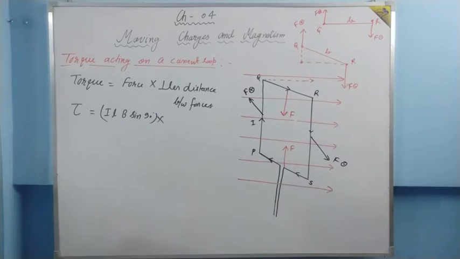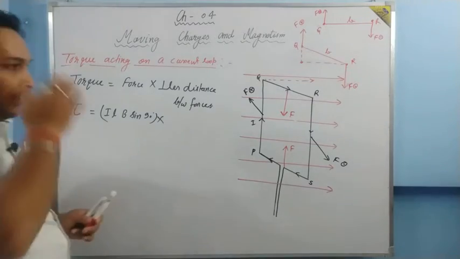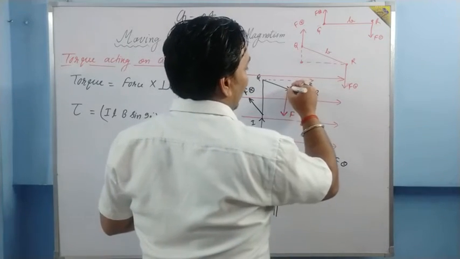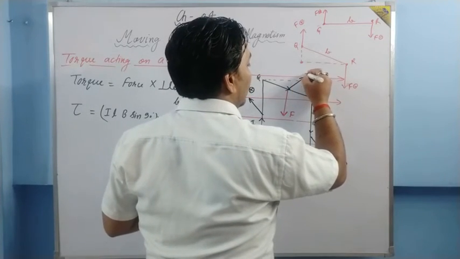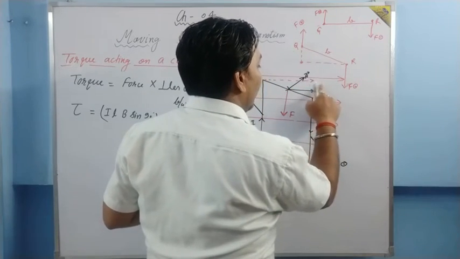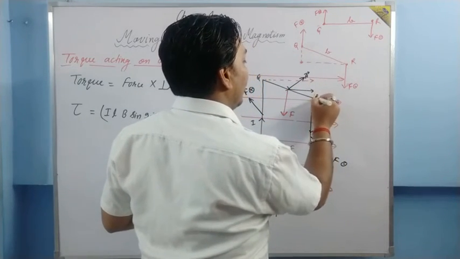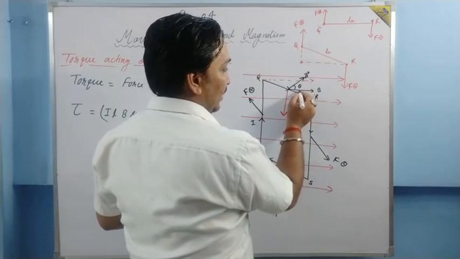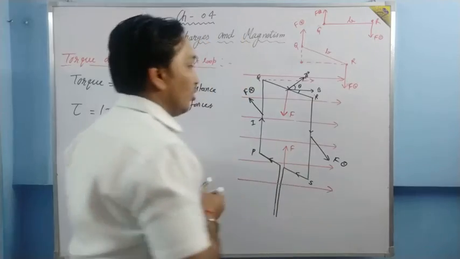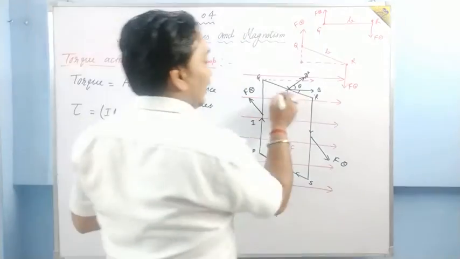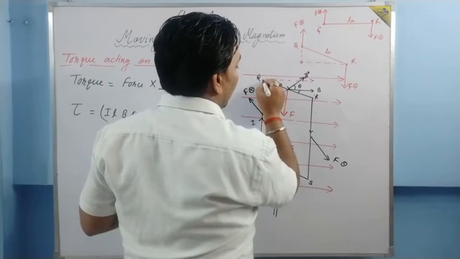Now what should be the angle? Now just see. If the area vector of the coil, which is perpendicular, makes an angle with the magnetic field, say this angle is theta, then this angle is going to be 90 minus theta, because the area vector makes an angle of 90 degrees with the edge. Now if this angle is 90 minus theta,